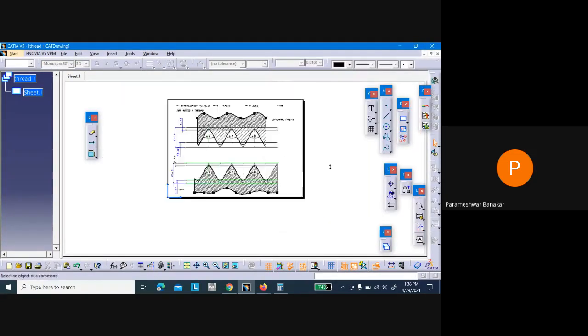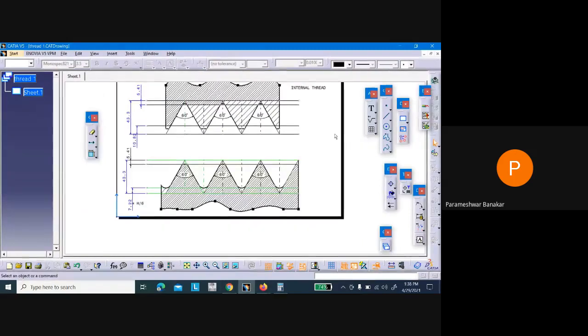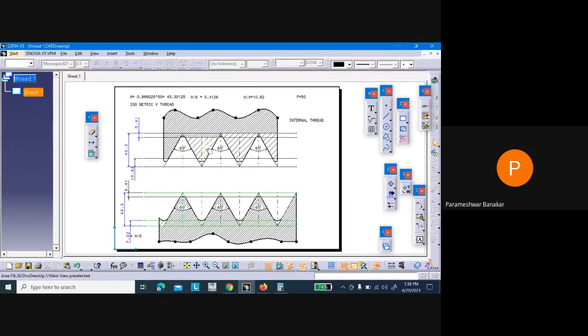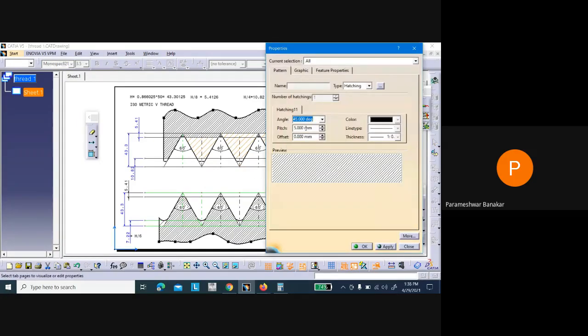So now similarly here also I will hold the control button, select the pitch, and change its pitch length. Right button, properties, and here 2, apply.